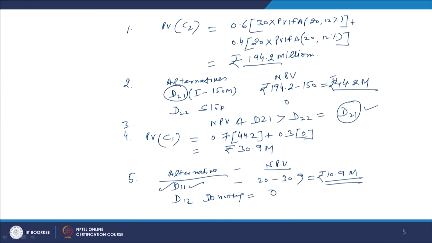Choose D11, because the outcome seems to be positive here, that is 10.9 million, NPV is expected to be 10.9 million. So, choose D11, make an investment of 20 millions and go for pilot production and test marketing,